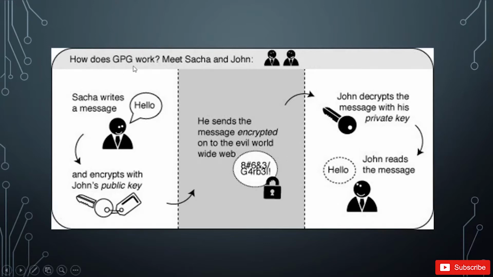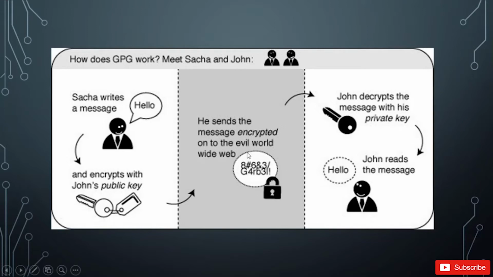So I have this very nice image here, and it's basically saying, how does PGP work? Forget about this GPG, that's just the opposite abbreviation. But basically, meet Sasha and John. Now, here we have Sasha who wants to write a message to John, okay, and the message is hello. So she encrypts the message with John's public key. So basically, John has sent her his public key, and she has encrypted the message with the public key,